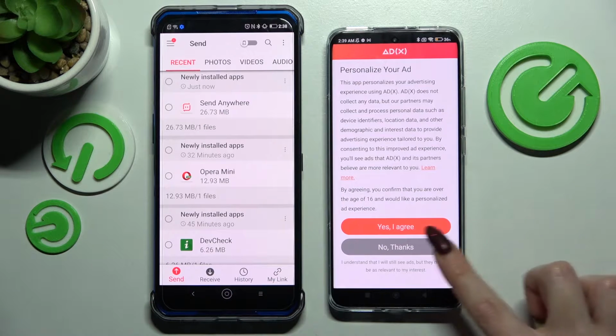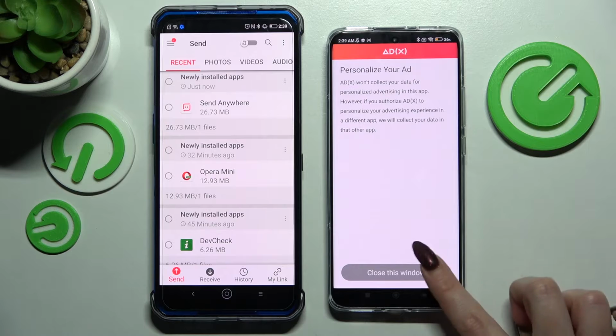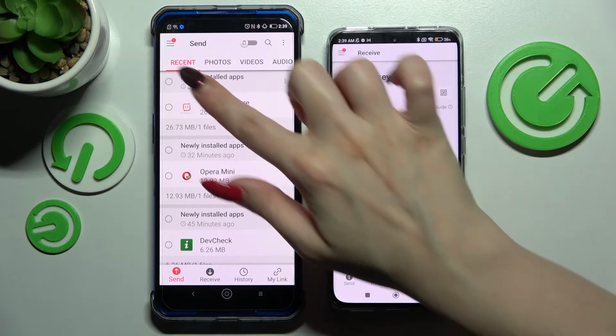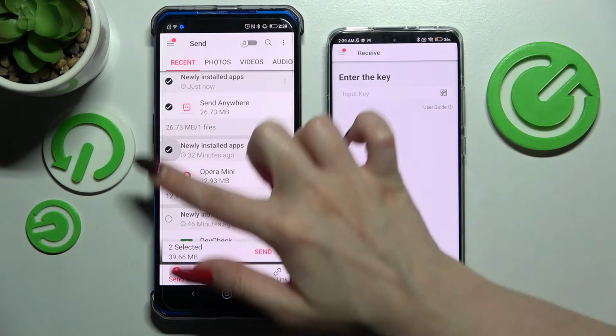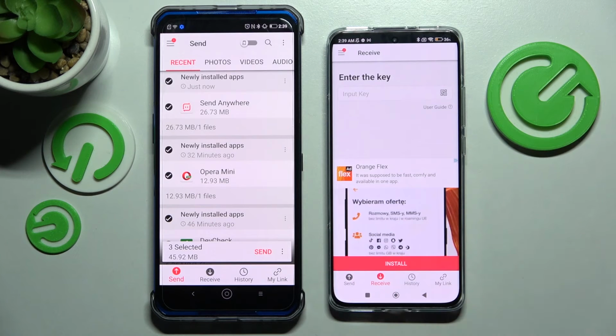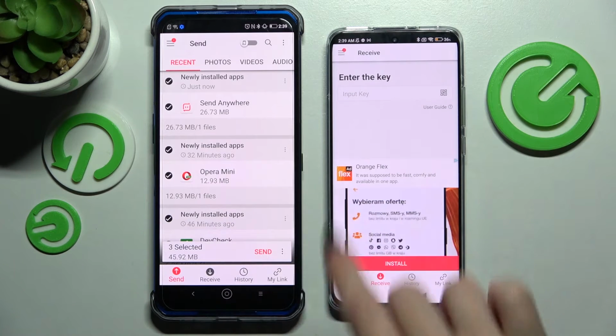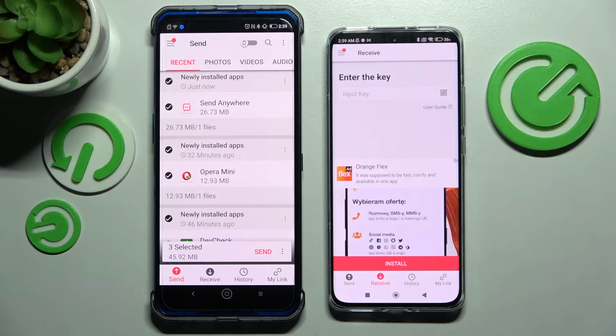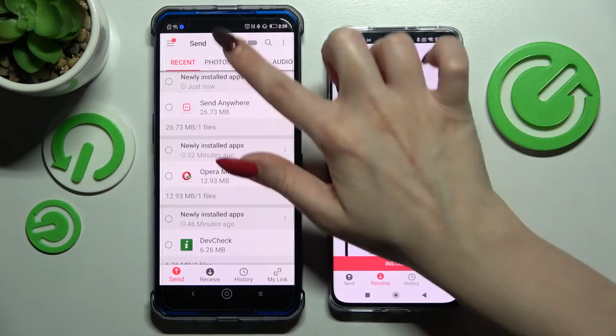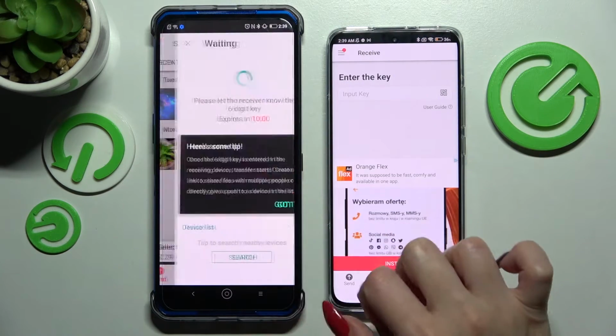Now you need to choose No Thank You on an Android, close this window and finally click on all of those dots on your Android and then tap Send. This way you will select all of those and transfer them later on. It will take some time, so I will only go with, for example, this photo, tap on Send